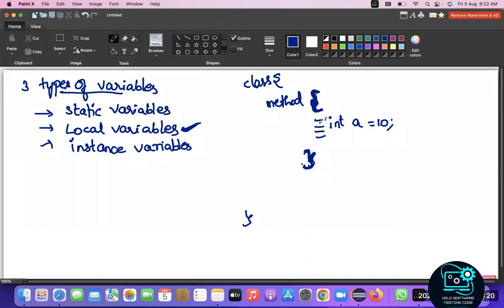Now, we'll discuss static variables. So what is a static variable? If we are defining any variable as static, these variables are also called class variables. Okay. So if we are defining any variables as static, these variables will be accessible only within the static methods. If in a method, I am defining a variable,